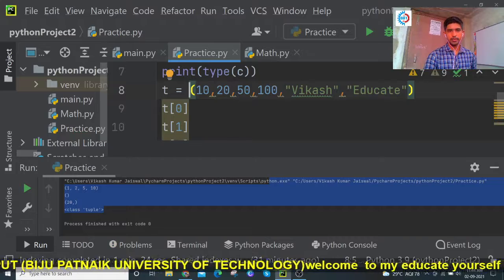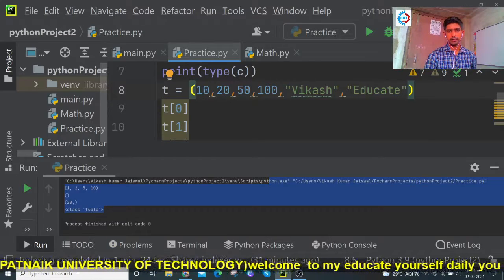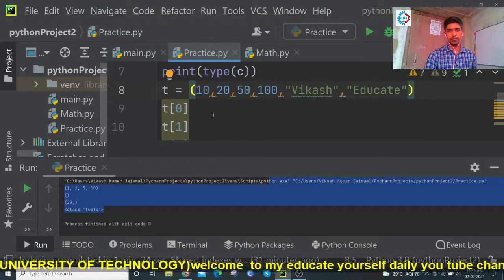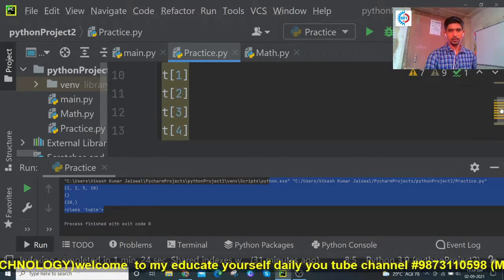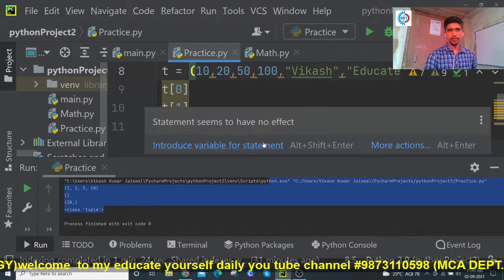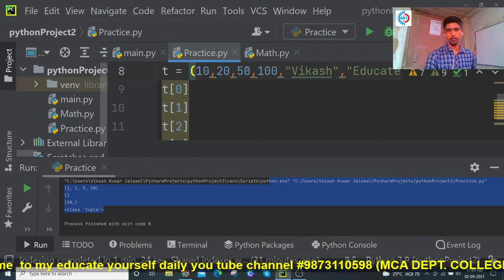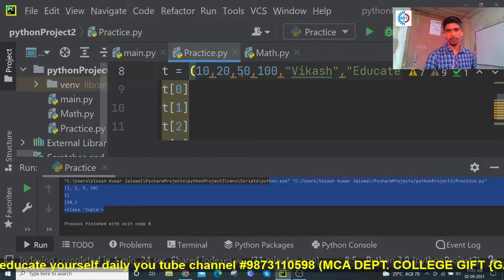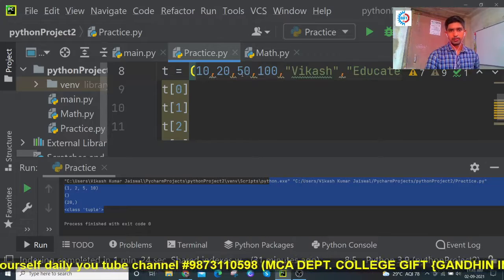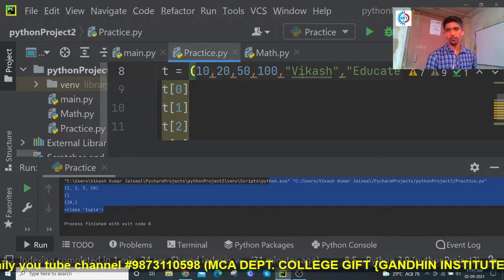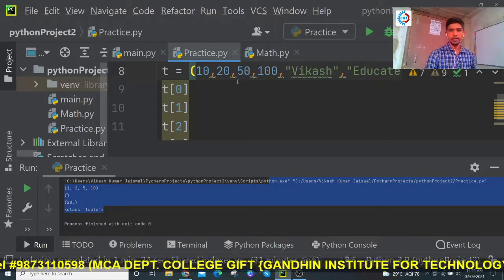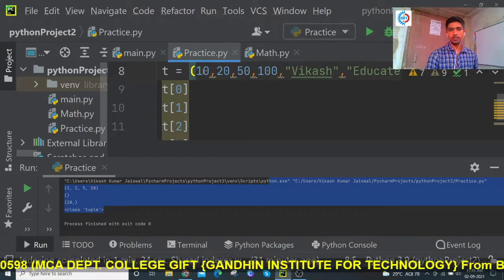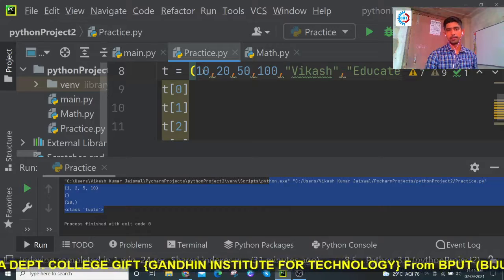So t[0] is for tuple element 10, t[1] for 20, t[2] for 50, t[3] for 100, t[4] for Vikas, and t[5] for Educate. There are a total of 6 tuple elements.